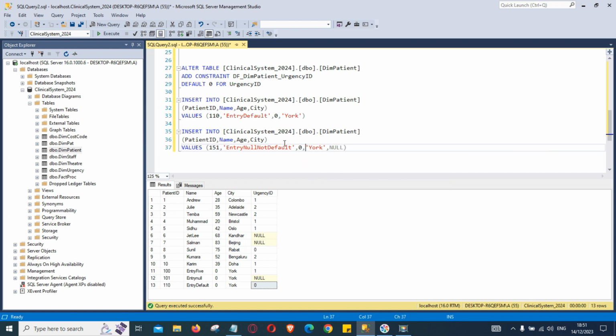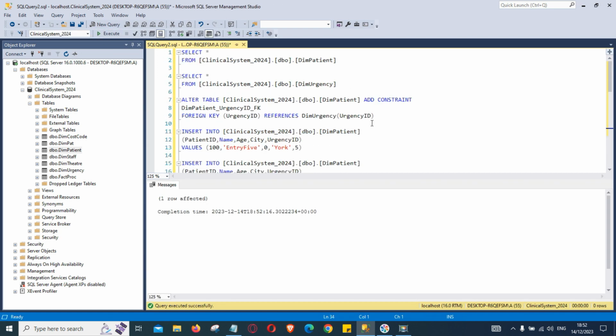But before that, if you remember, when we were trying to run our query in the past, it failed because it said the number of columns does not match with the number of values. So we have patient ID, name, age, and city, 1, 2, 3, 4. But for values, we have 1, 2, 3, 4, and 5. So the column which is missing is urgency ID. Because we are providing urgency ID, we need to add to our list of columns. So if we run this now,